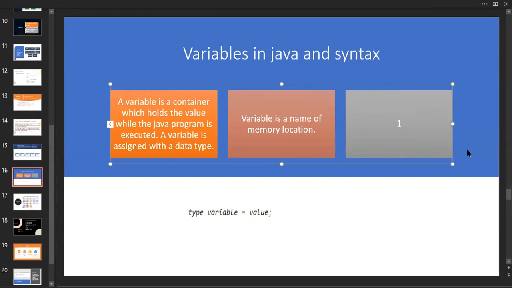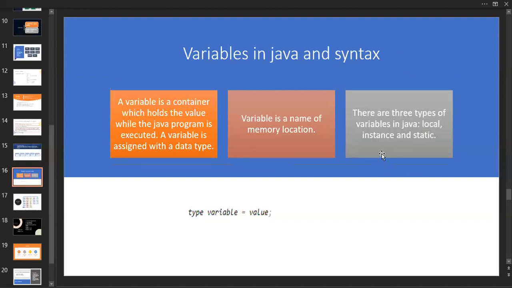It's okay. This container's name is A. Inside a memory location, there is a name called A. So this is a container holding the value 1. So this is A is equal to 1. In the memory location, we are going to allocate a variable A, and this is a container. What we discussed, a variable is a container that holds a value. A consisting of a value 1. This is how inside your memory, we are going to assign a value. These are the variables.